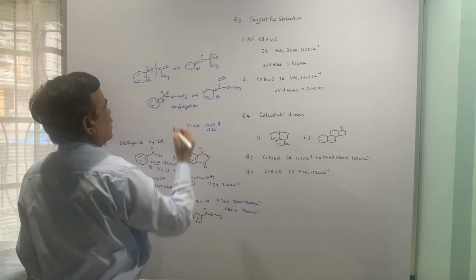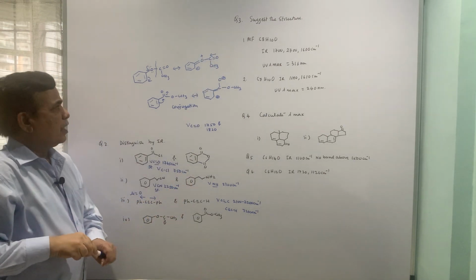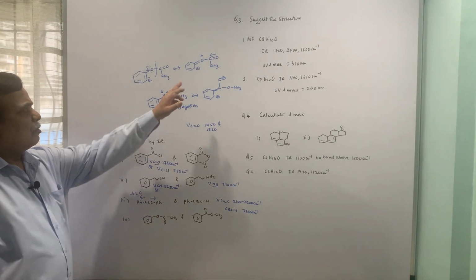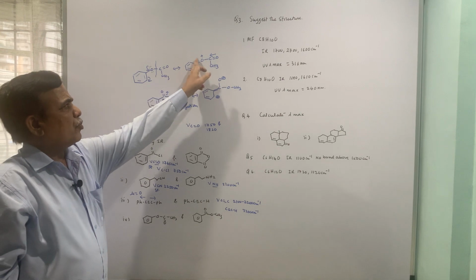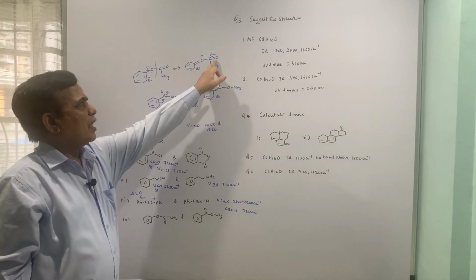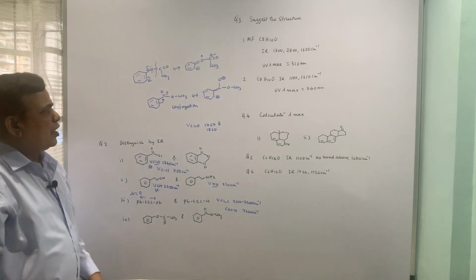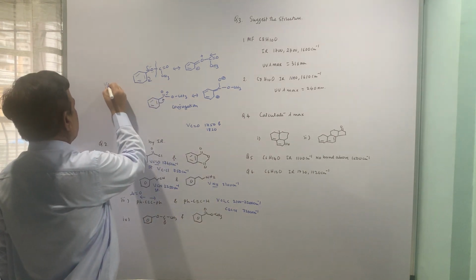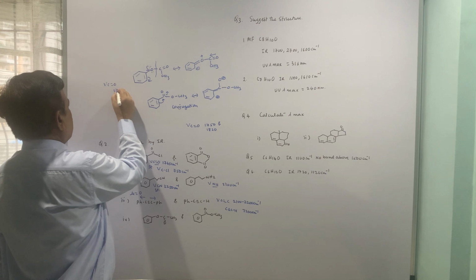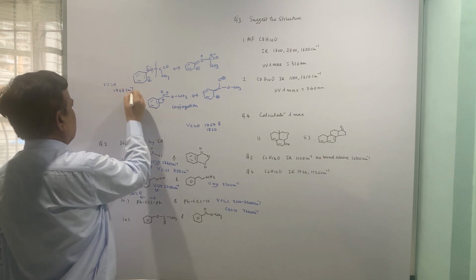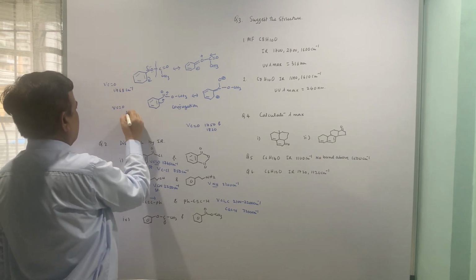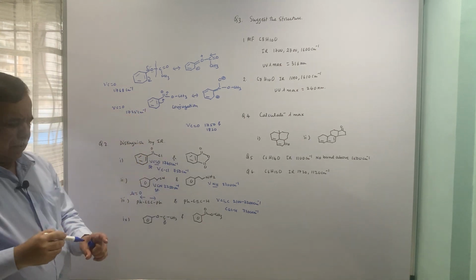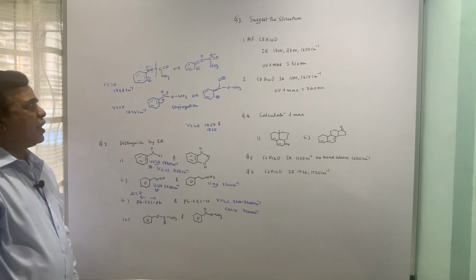Now, since plus charge is there, electrons will flow in this direction. Positive charge on oxygen is going to be not a healthy situation. So, this kind of electron push will contract this bond, and the carbonyl stretching frequency will go high. In the first case, it will be in the order of 1768, and in the second case it will be in the order of 1725. So, a lot of difference is there, we are talking about the carbonyl stretching frequency.